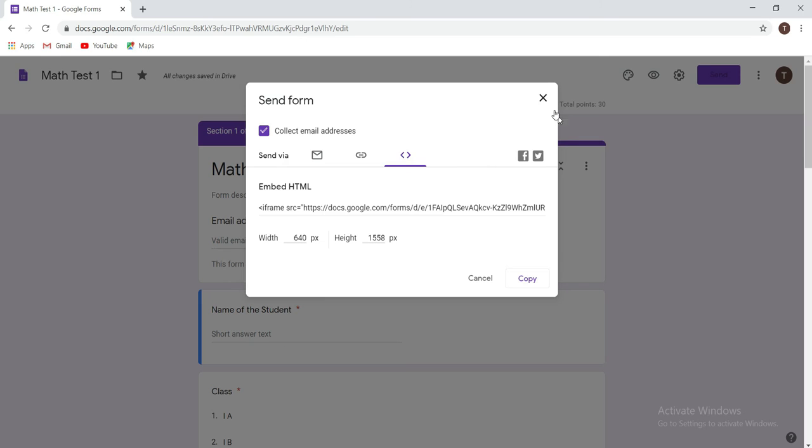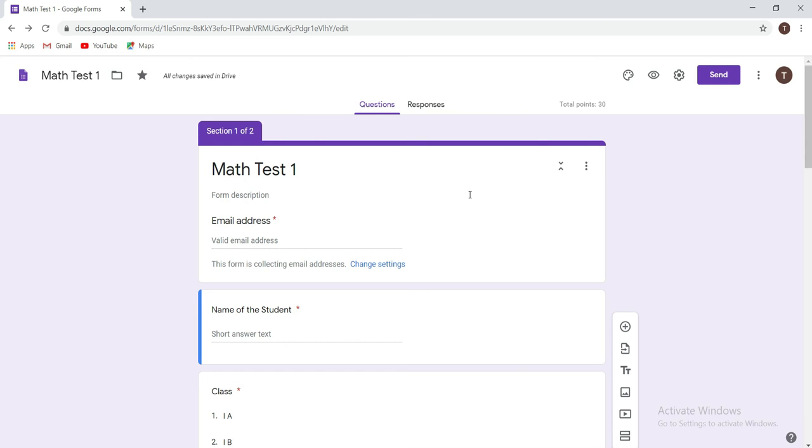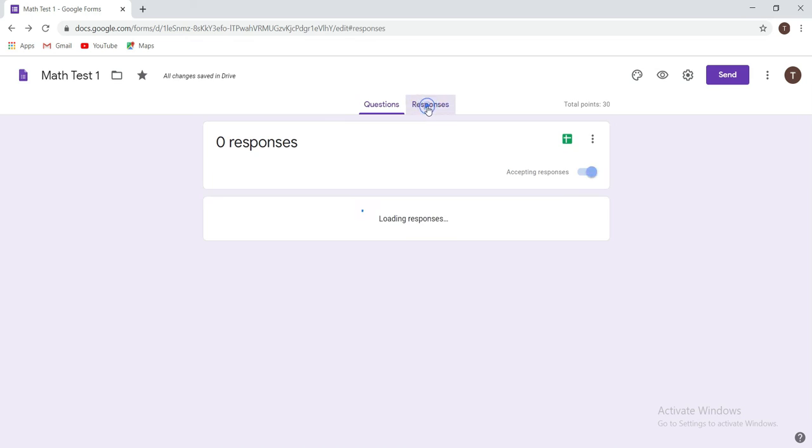Once we have sent out the forms, it's now time to wait for responses. After you get the responses, you can create a spreadsheet of the same and check out the Google spreadsheet tutorial to learn how you can sort your responses and arrange them in a proper order.